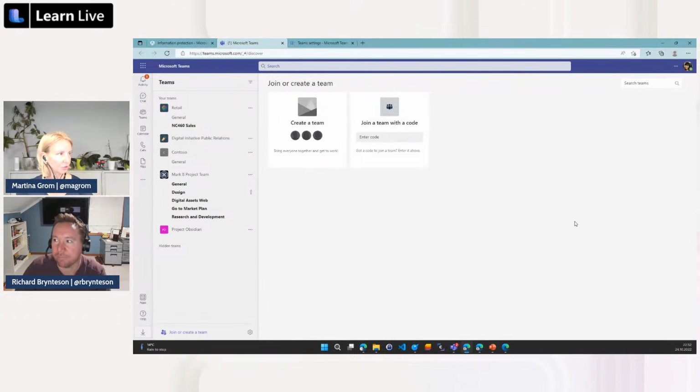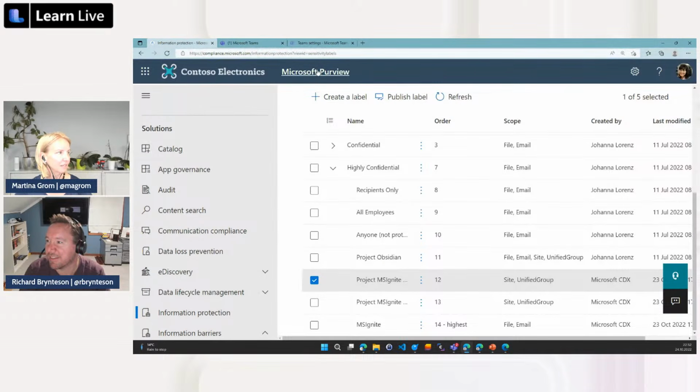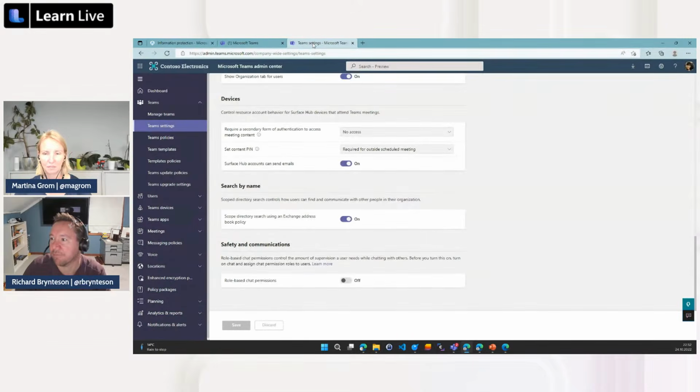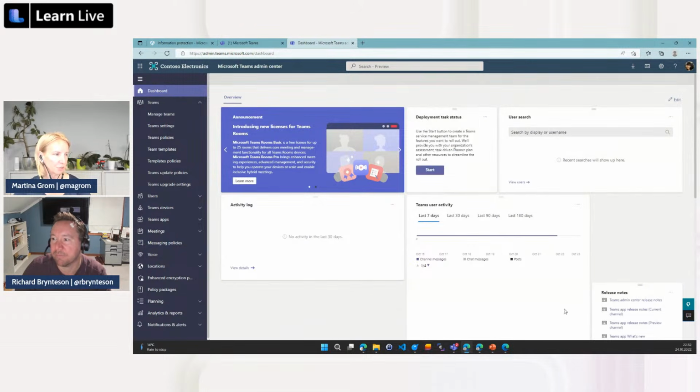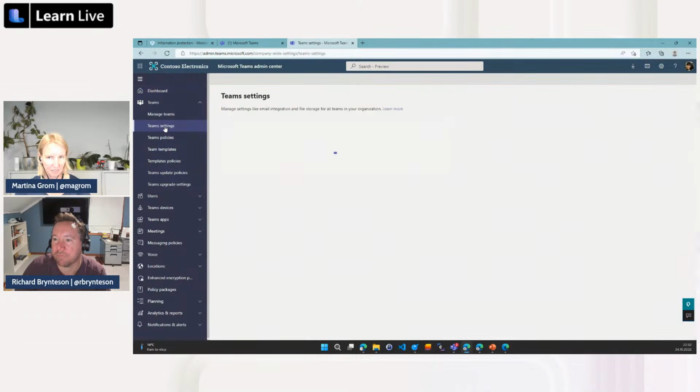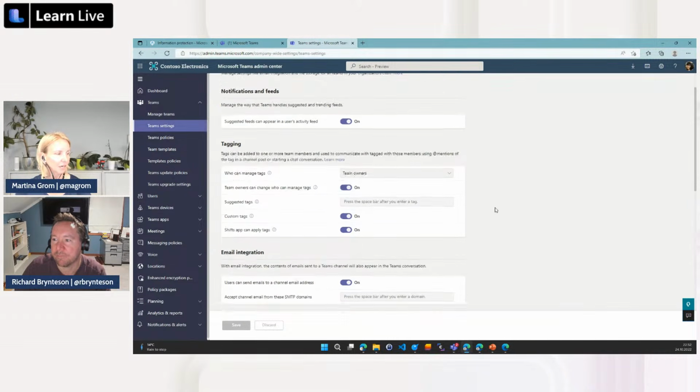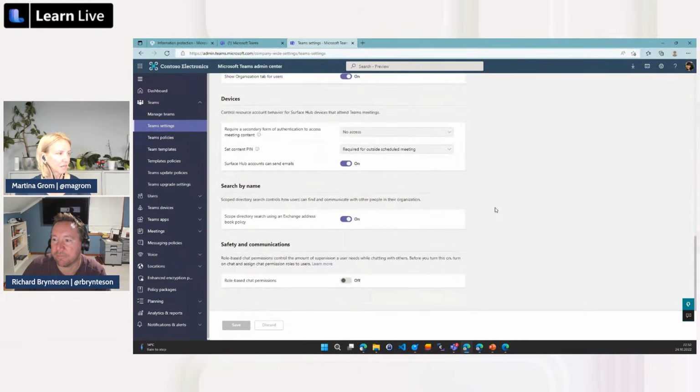And just to show you where that is, I'm heading back to my live demo, and I'm still Joanne. Joanne is a compliance officer, but she is also a Teams administrator. To enable that setting, from the Teams dashboard, first of all, you have to go into Teams settings. Here within Teams settings, you have scope directory search, and this needs to be enabled.